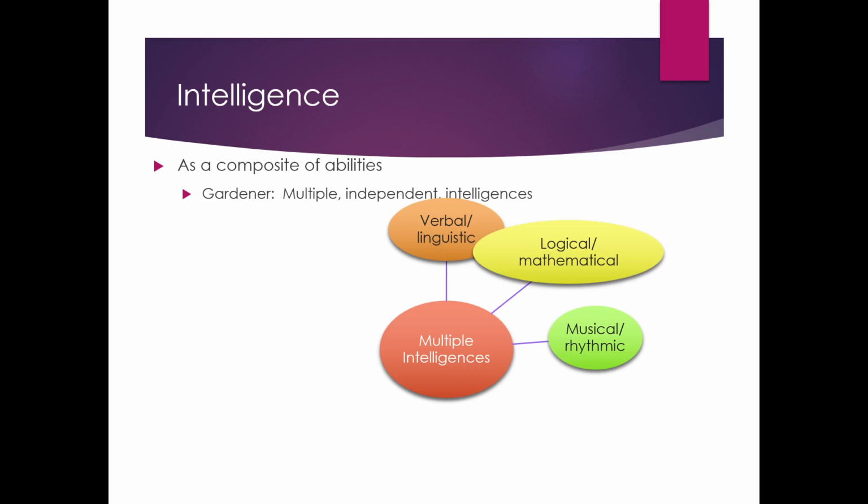Musical rhythmic. Now this is new. This is not part of any other composite interpretation of intelligence. Musical rhythmic is looked at as a separate kind of intelligence, and some people have great rhythm, other people don't have any rhythm, right? Some people have perfect pitch and can recognize a note, and other people have no idea, right? Gardner argued that musical intelligence is separate from other kinds of intelligence, and that it is, in fact, a type of intelligence to be able to be rhythmic, appreciate music, produce music, those kinds of things.